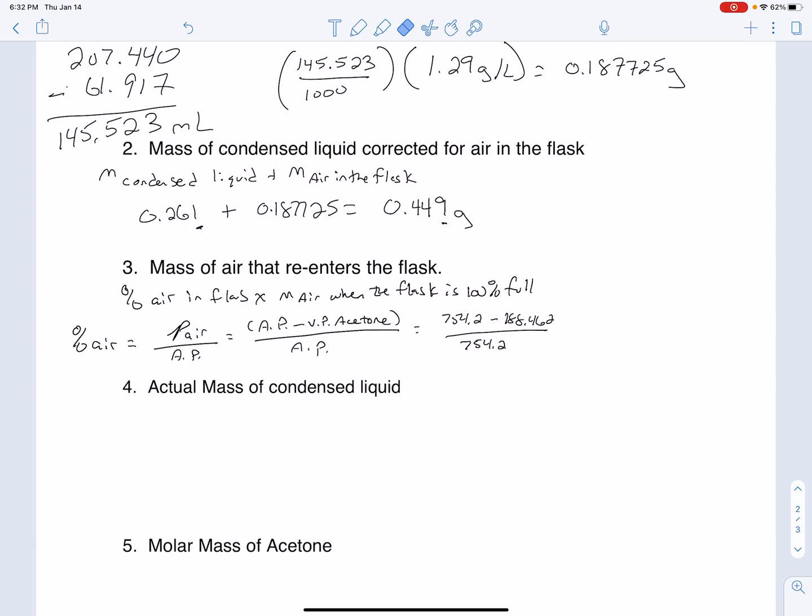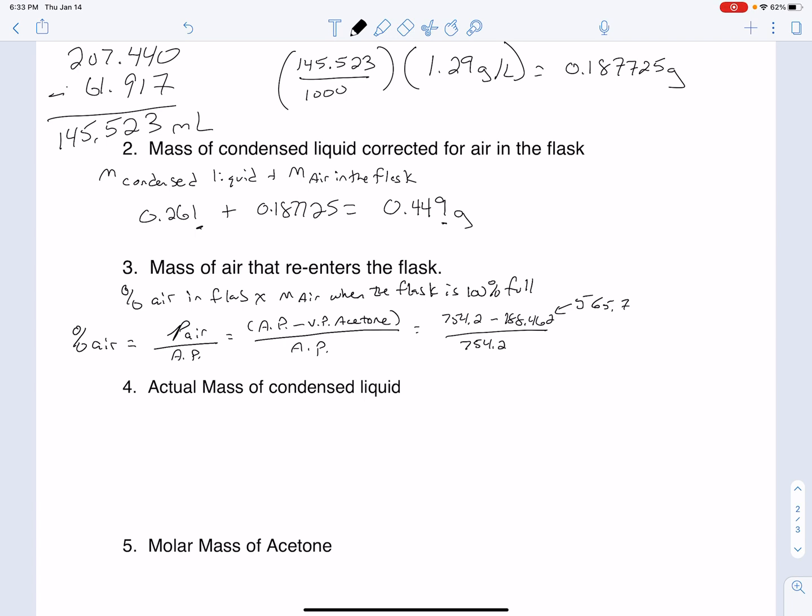This number, just so you know, comes out to be 565.7. I'm going to take that. Whoa, that doesn't seem right. How in the world? Yeah, I'm sorry, that's right. I thought I saw a 7 in there, my fault. Yeah, that is correct. Divided by